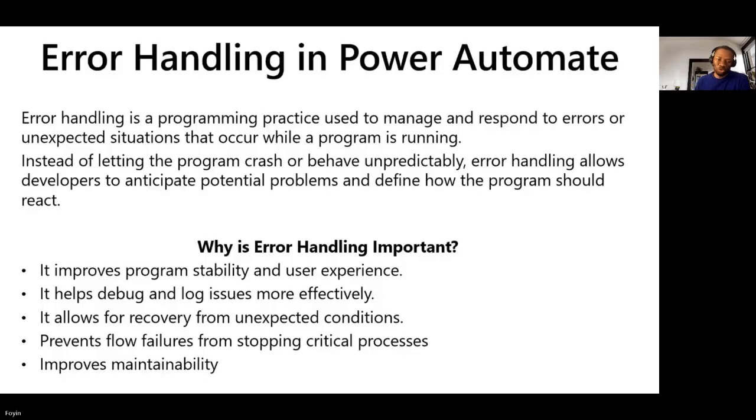failing. So it could be because of some syntax errors or some actions that you are putting, or maybe the endpoint, the API that you're trying to call is just not available at that point, or it could be for different reasons. However, as a developer, you need to kind of anticipate those kinds of errors and try to handle them in the sense that when those errors occur, you need to have some fallback mechanism so that your